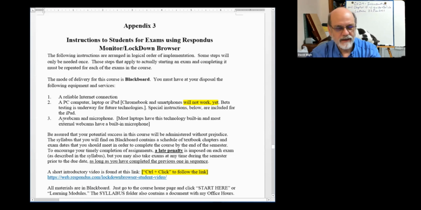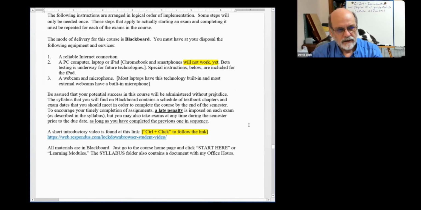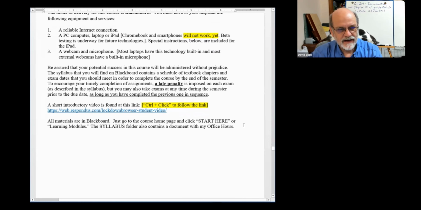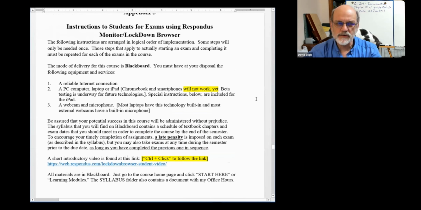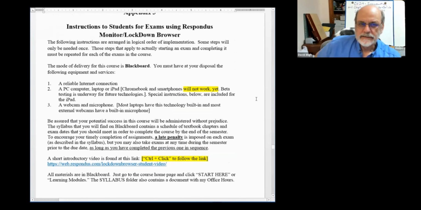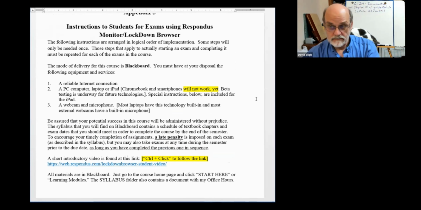Okay, a webcam and microphone are a given. If you've got a laptop, you already have one built in. Let's see. They've got some videos that will help you with this. If you've never used Respondus Monitor Lockdown Browser, after you install the app